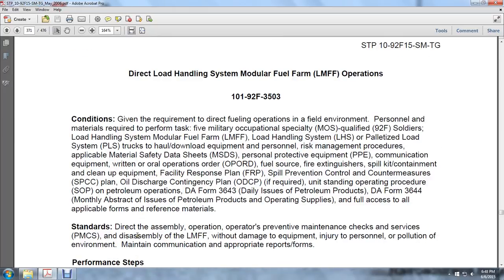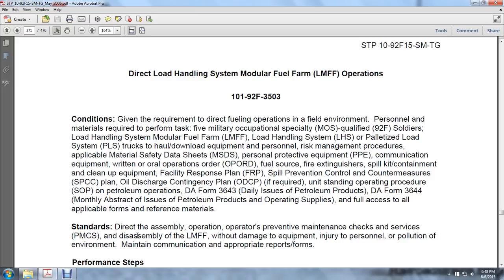Okay, moving on. Load Handling System Modular Fuel Farm. Given the requirement of direct fueling operations in a field environment, personnel and materials for performing the tasks: five military occupational specialists, military-qualified 92F soldiers, the Load Handling System Modular Fuel Farm,